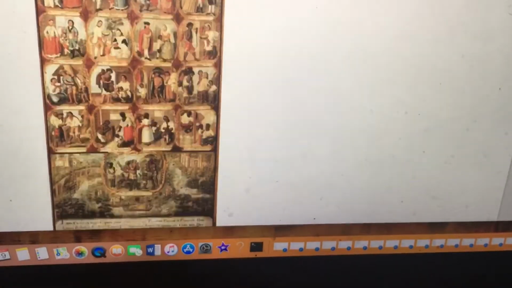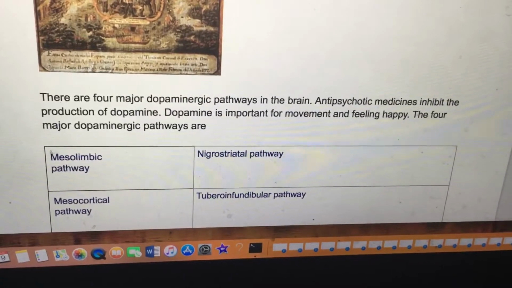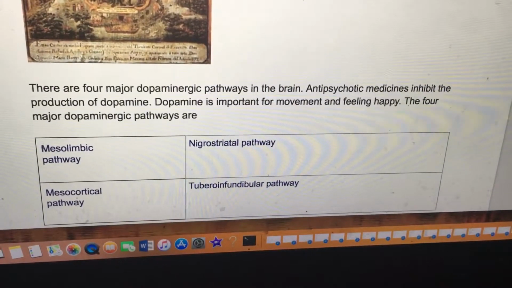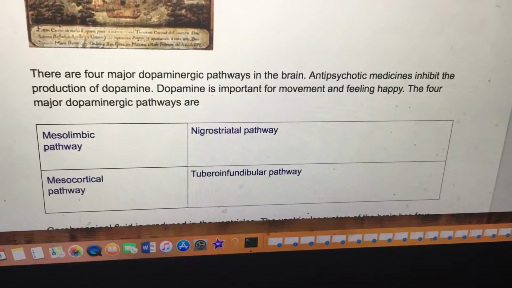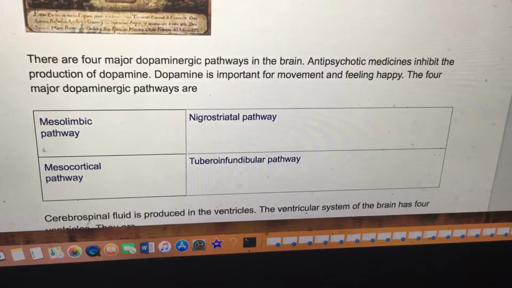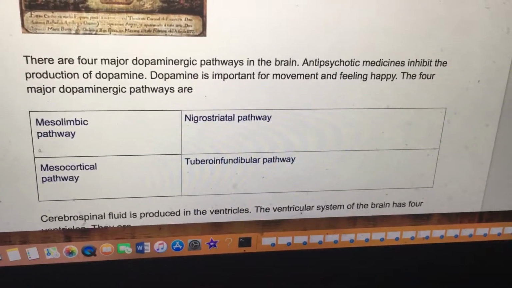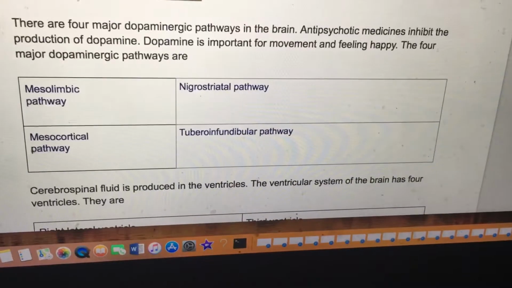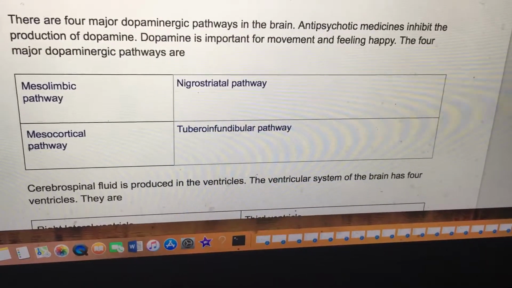Here's an example. There are 4 major dopaminergic pathways in the brain. Antipsychotic medicines inhibit the production of dopamine. Dopamine is important for movement and feeling happy. The 4 major dopaminergic pathways are mesolimbic pathway, mesocortical pathway, nigrostriatal pathway,